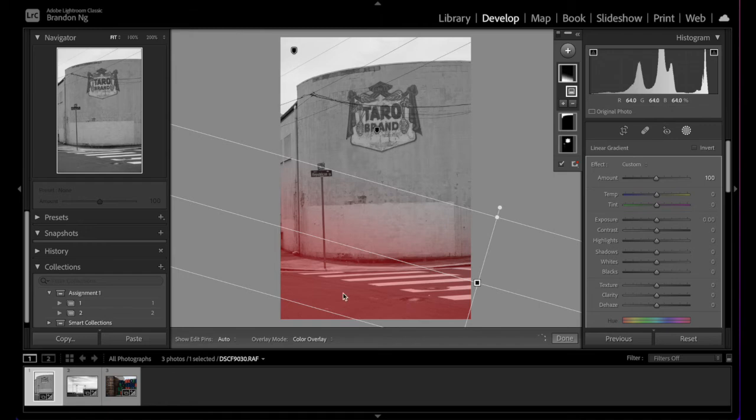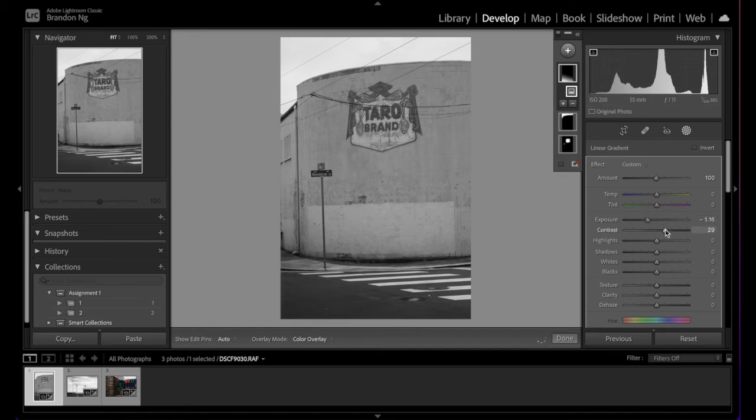So let's say, I don't know, something like that. And again, we have control over exposure, contrast, highlights, shadows. Okay, so if I pull this down, you can see that now I'm darkening up the ground here. Maybe adding a bit more contrast. Maybe pulling up the highlights,